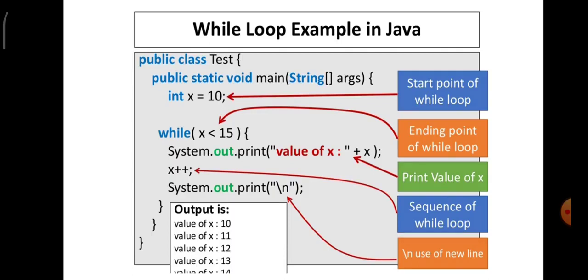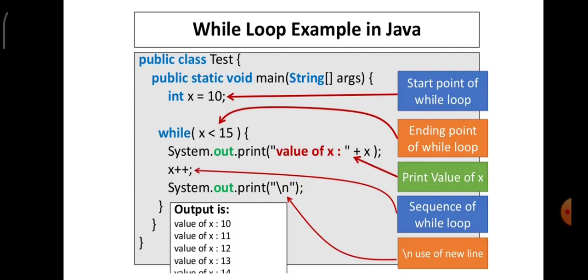Now look at the right hand part. Starting value is nothing but x is equal to 10, the starting point. Ending point of the loop is also given to you. What is the ending point? Ending point is not 15 because it is strictly less than 15. So it takes only values till 14 and finally it follows the sequence. What is the sequence? Sequence is plus 1. Add 1 to the result and then keep printing it till you reach number 15. Finally, when you reach number 15, condition fails and it comes out of the loop.